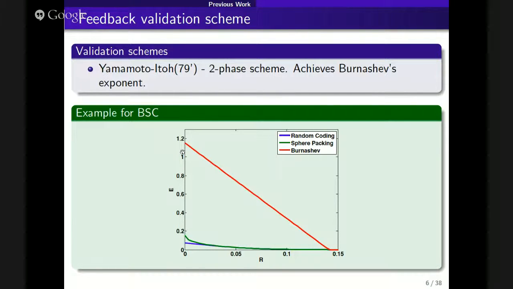Is there a scheme? Yeah, it's a good question. So Yamamoto and Ito in '79 gave a very simple scheme to achieve it. Berlekamp also gave a scheme, but it's not that simple. The Yamamoto and Ito scheme basically uses your regular code for the first phase. Just send your message without harnessing feedback.